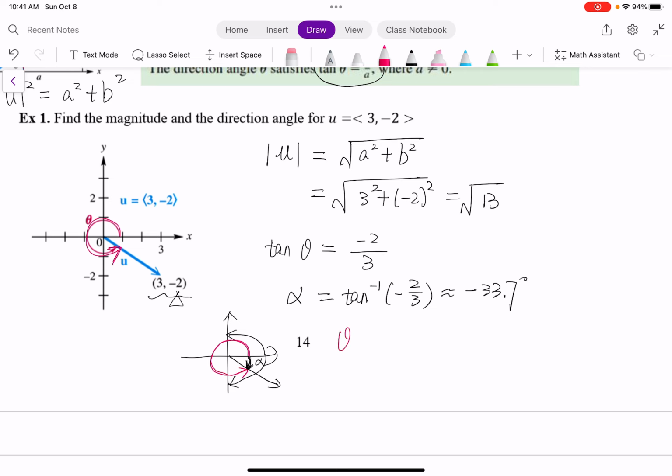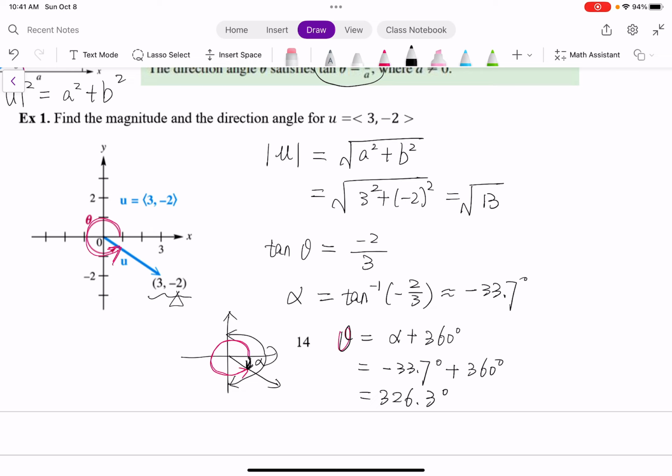So theta equals alpha plus 360 degrees, and we have -33.7 degrees plus 360 degrees. This is 326.3